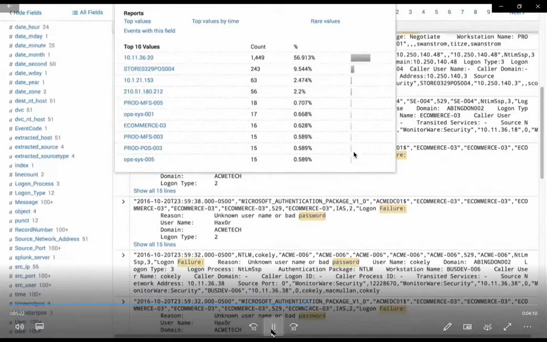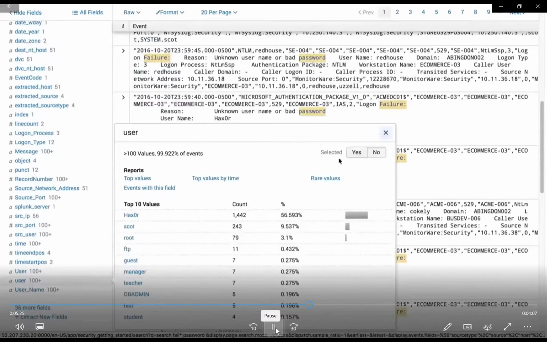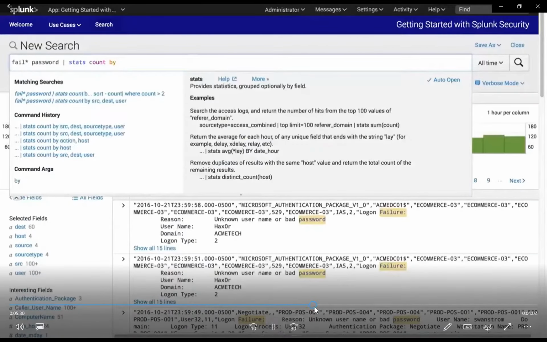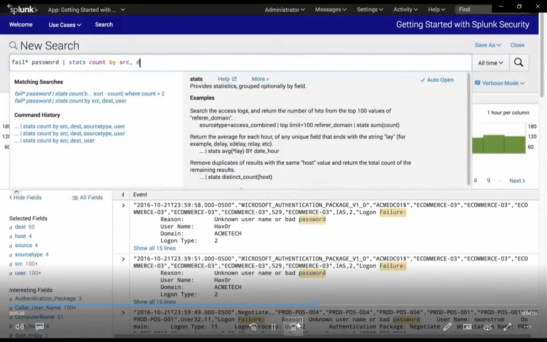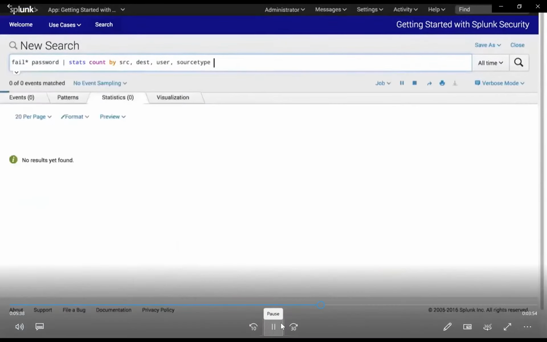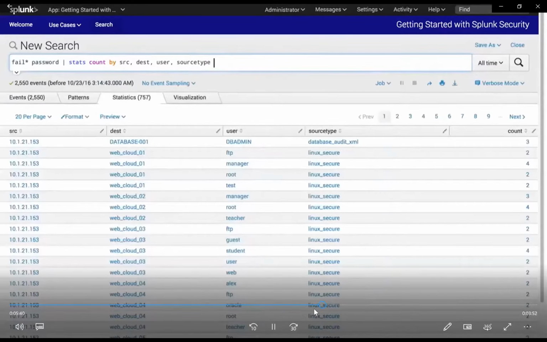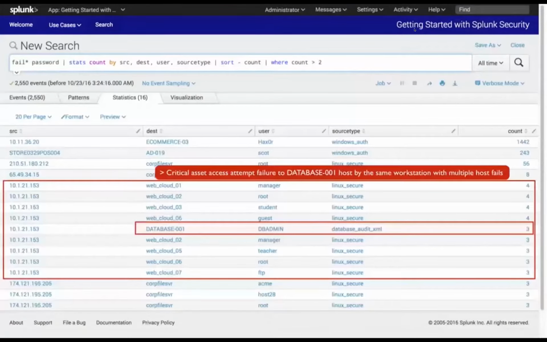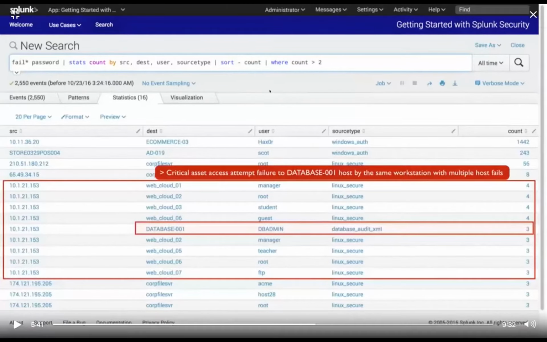The destination shows where they are trying to go, the source shows where they originate, and the user shows who is associated with the login. The stats command helps us get the total aggregate number of failures by originating access and target access users on the target. The rest will be explained by my friend Carl.